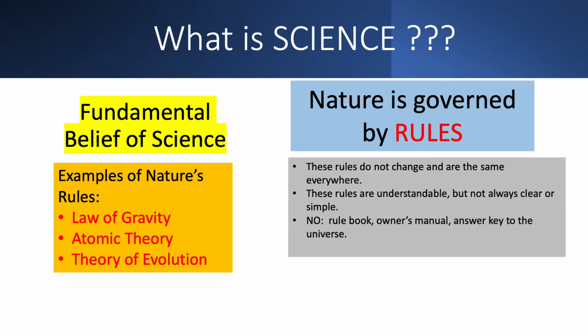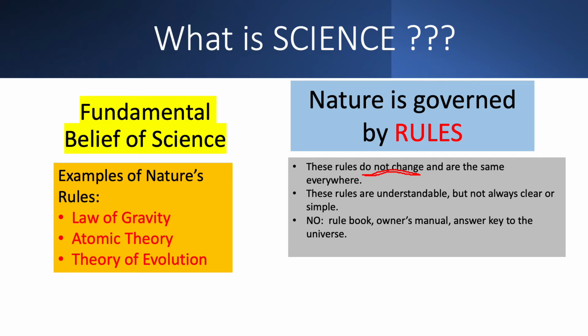In your notes you should see some things that you're going to want to underline or highlight, for example. So these bulleted items are very important for you to understand. So first of all, where it says does not change, oops, I don't draw a very straight line, do I? All right, that means over time, these rules don't change. You know, if you go back yesterday, gravity was the same as today. We could go back when the dinosaurs lived here, and the theory of evolution was working just the same.